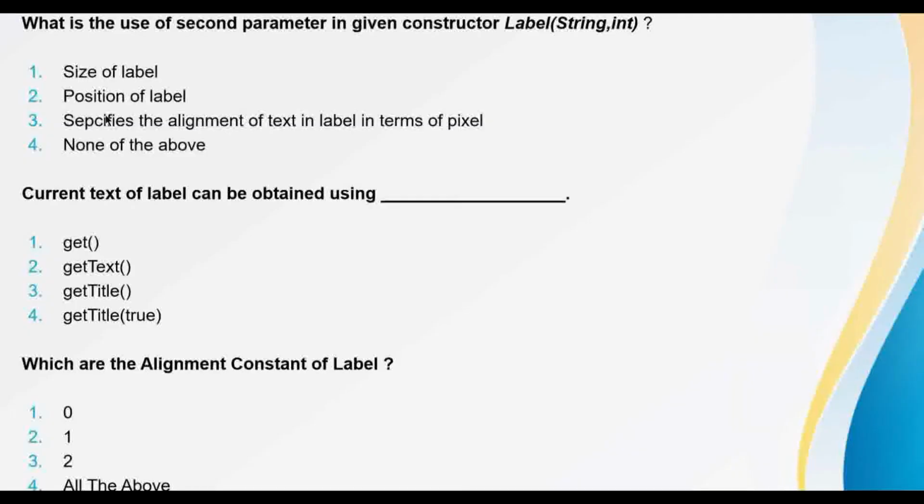At the end of the session, we will see some MCQs on today's topic. Our first question is, what is the use of the second parameter in the given constructor, Label, string, int? Our answer is, it specifies the alignment of text in the label in terms of pixel. The second question is, the current text of a label can be obtained using which method? The answer is